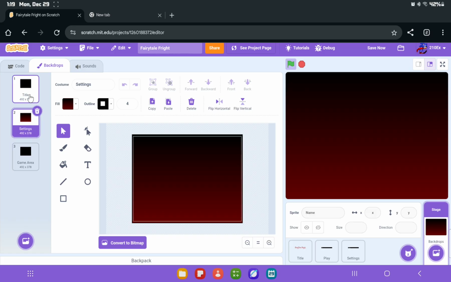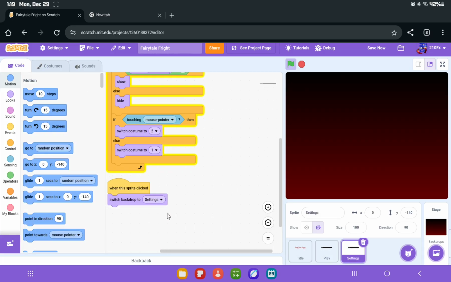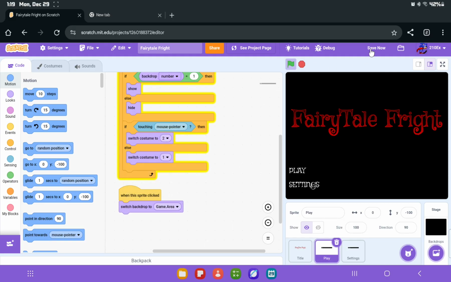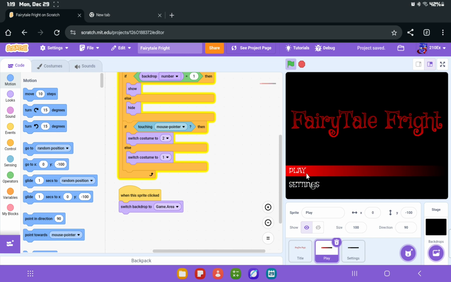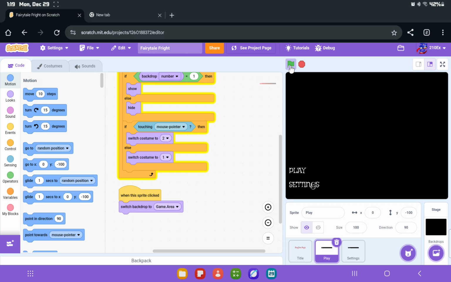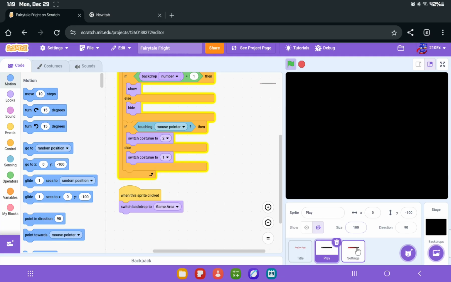This one won't. So, settings. For settings, it drops the settings. This one's the game area. Saving project. You'll see a difference. See? Now over to this one. It's still a black backdrop. I just didn't change much of it because,